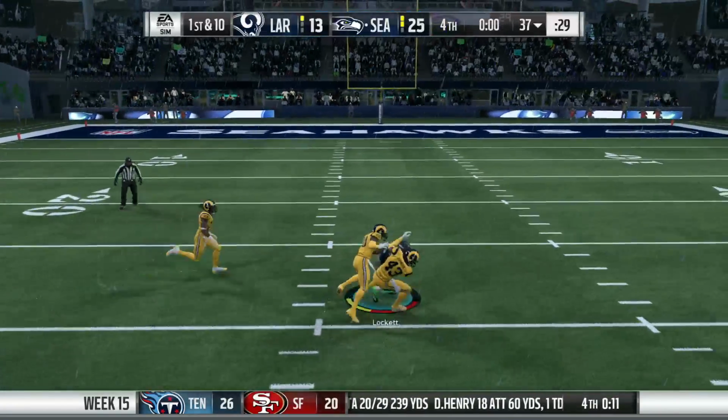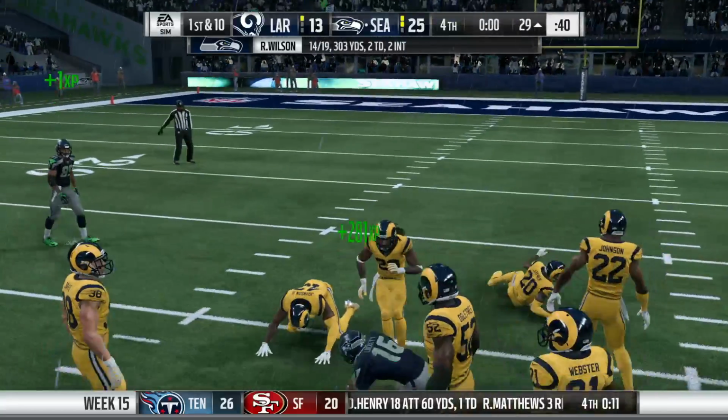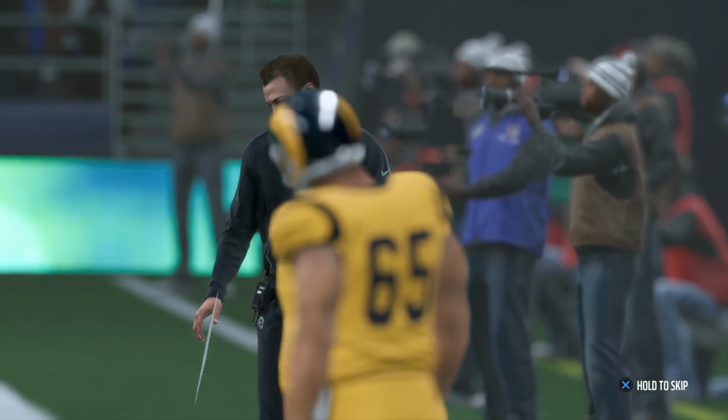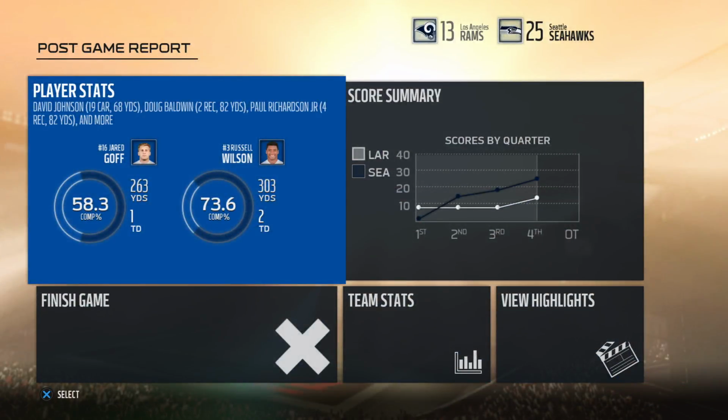And this will be caught at the 30. And he'll be taken down, but not before getting this inside the 30. Well, Charles, the forecast called for rain throughout the entire game, and we got rain throughout the entire game, but